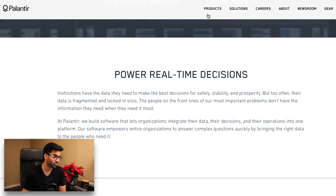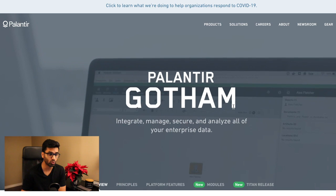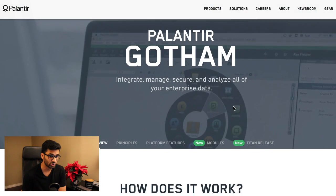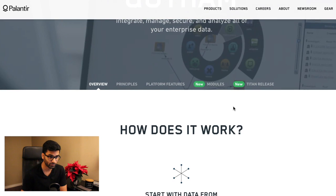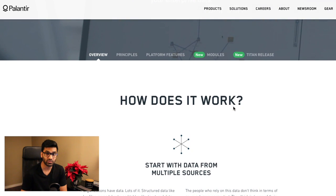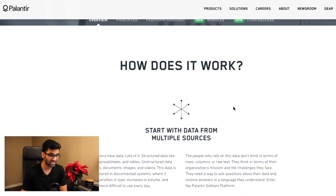As soon as we head over to the products tab, we can see that its three products are Palantir Gotham, Palantir Foundry, and Palantir Apollo. So let's start with Palantir Gotham. Palantir Gotham is a software platform that enables users to identify patterns that are hidden deep within their data sets. One of the best examples for this includes contact tracing, which as we can see is of high importance